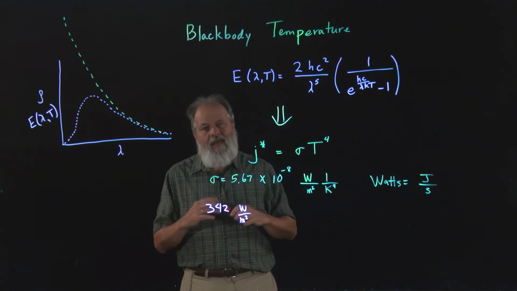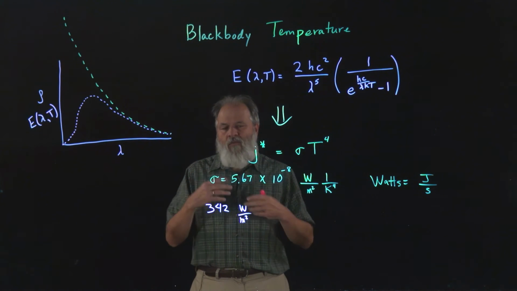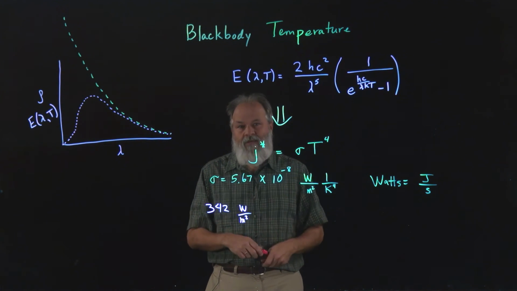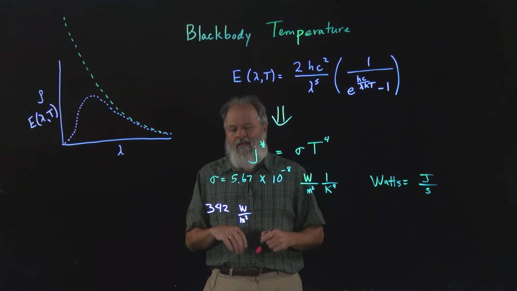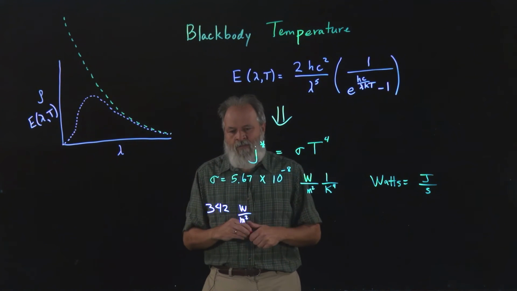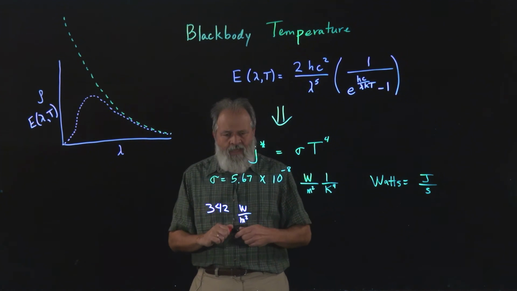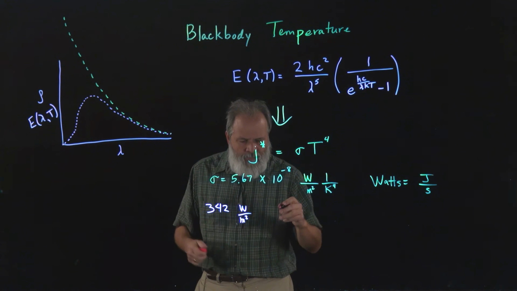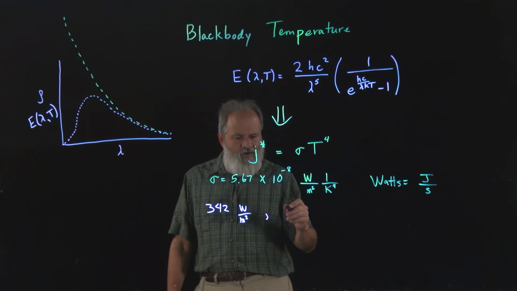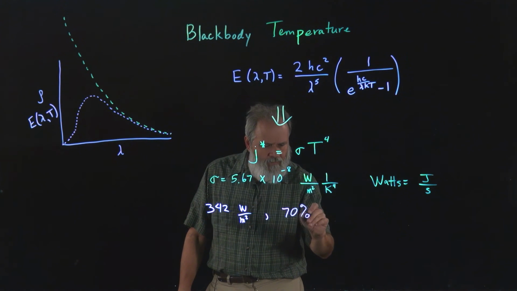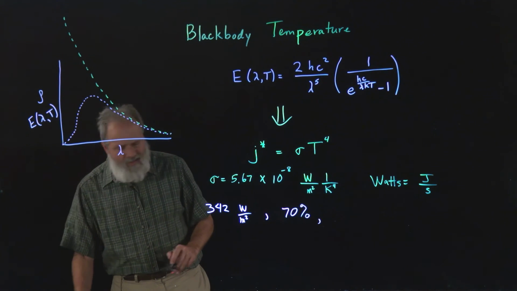All right, now we have to account for the fact that the Earth actually reflects a lot of its light. And this is called the albedo. The more light that gets reflected, the less light that can be absorbed. And so the albedo of the Earth is about 0.3. That's to say 30% of the sunlight is reflected before it even reaches the surface. Or if it reaches the surface, it's not absorbed because it's hitting something like snow or ice. And so that means the amount of power per square meter that gets absorbed is about 70%. And so that means of this 342, the actual number is going to be 239.4